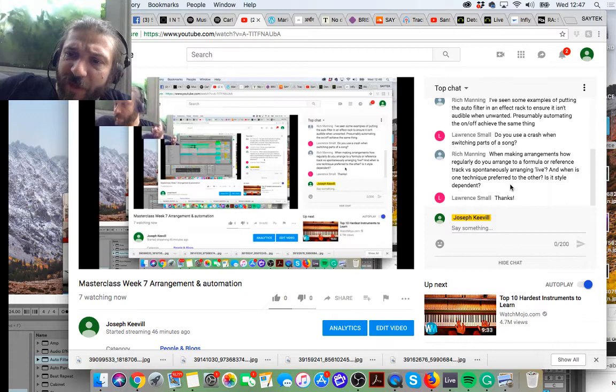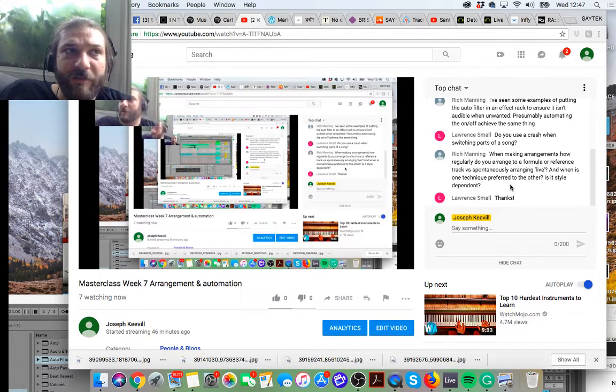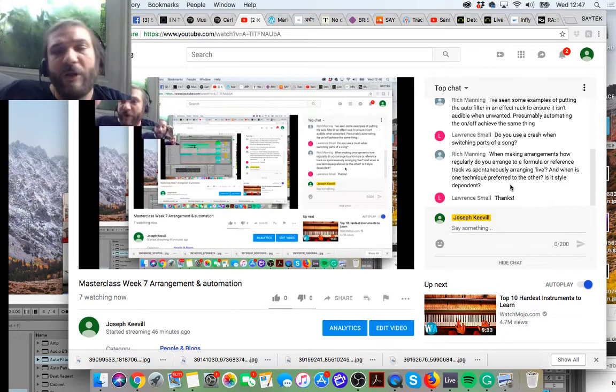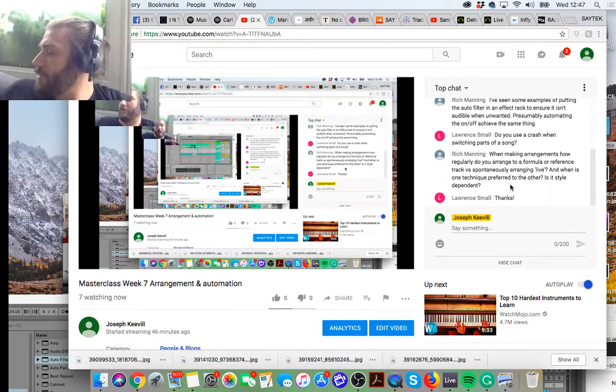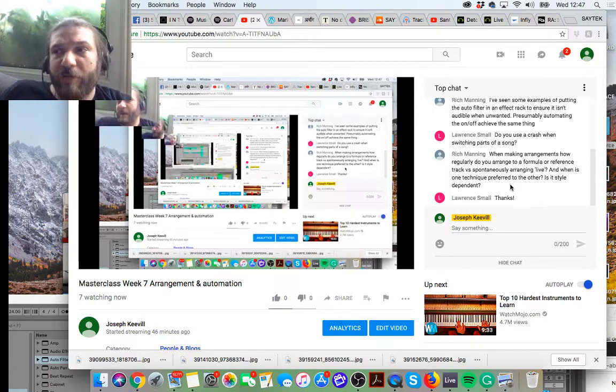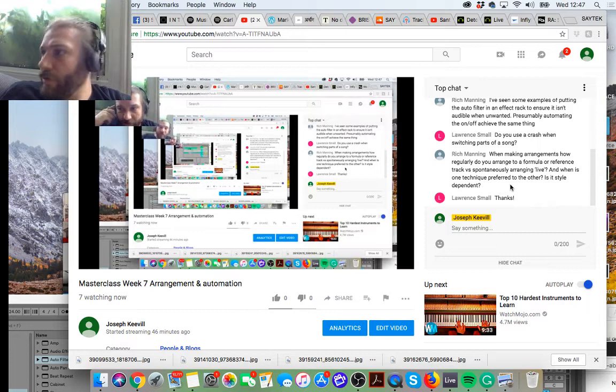So yeah, that method of arranging works really well for me, and I think different people's brains work a little bit differently as well. Some people are really good at putting blocks together on a screen, and other people prefer to feel it and do it live. It really depends on your chosen method, but I would say that everyone should at least experience the session view way of doing things before they decide they want to just do the arrange page,